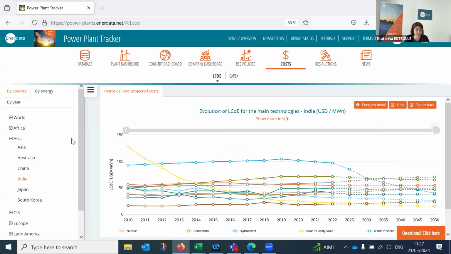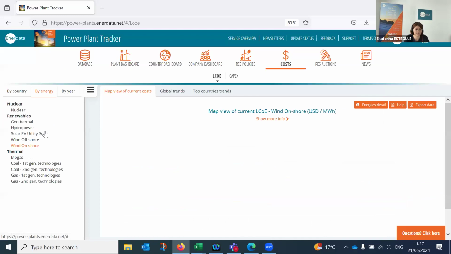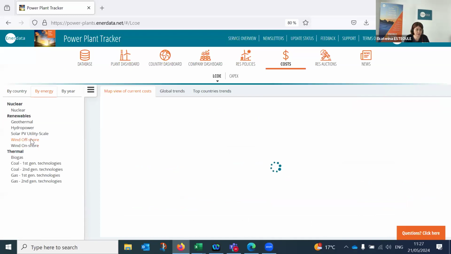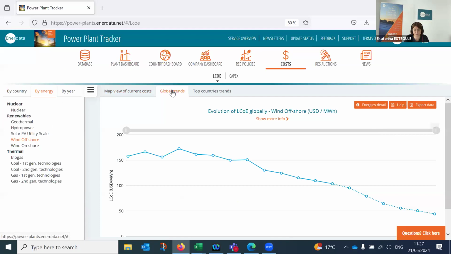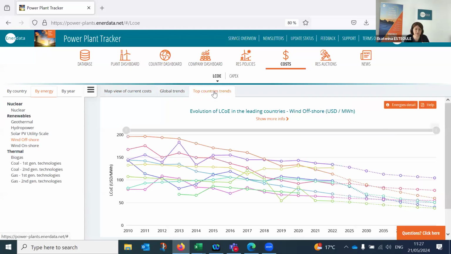As previously shown in different modules, you can make your search by country. You can make your search by energy and quickly analyze, for example, on a map tool to check the global trends, and even consult the top countries for a specific technology.